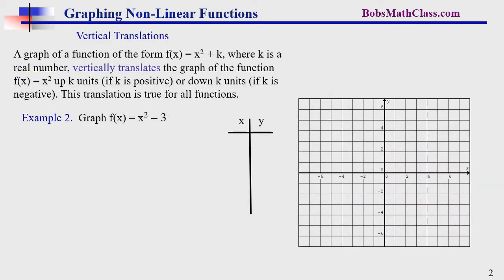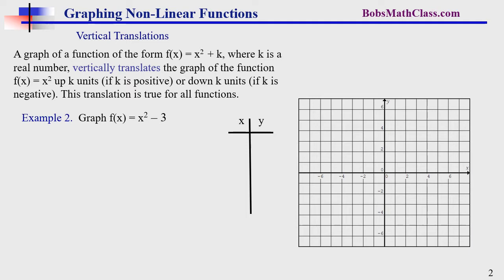We're going to do our next example, and we're going to talk about a vertical translation. Vertical translation means a graph is translated or moved vertically. Vertically is up or down. So if we have a function of the form f of x equals x squared plus k, notice that it has that x squared just like in our last example, but then we have a number after the plus sign, which is k. Whatever that number is, it moves it up if k is positive, or down if k is